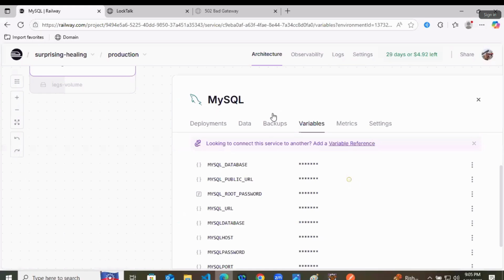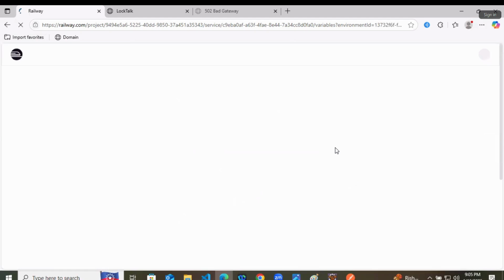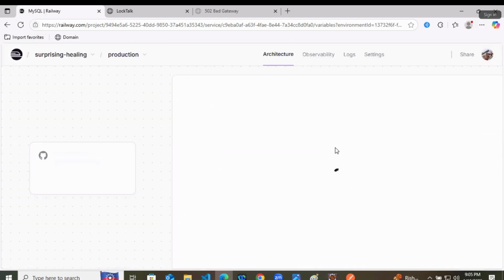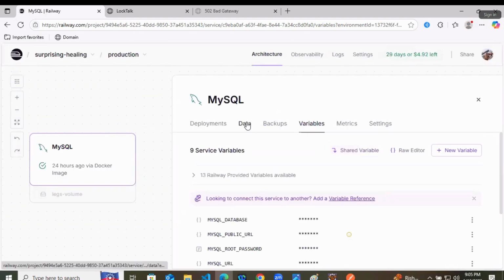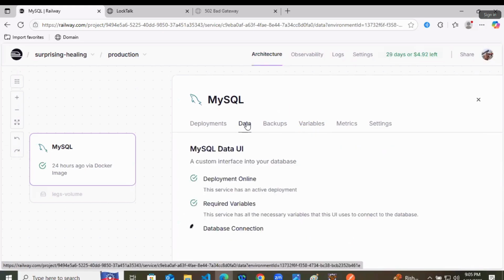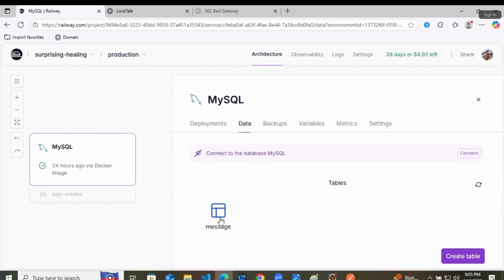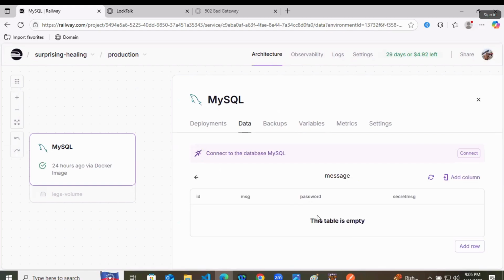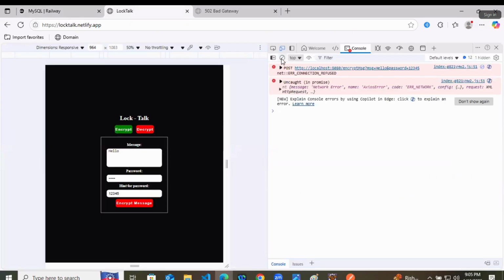Now if we refresh our MySQL here, are we supposed to get any data? So let's check. I will go to data and you will see that here we got one message table. Currently it is empty. So now from the front end, let's try to make it.